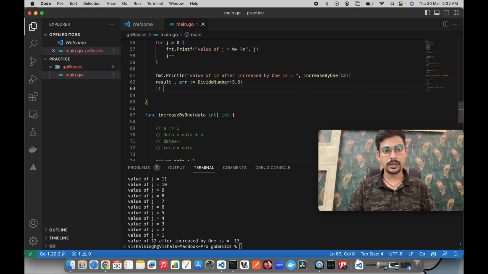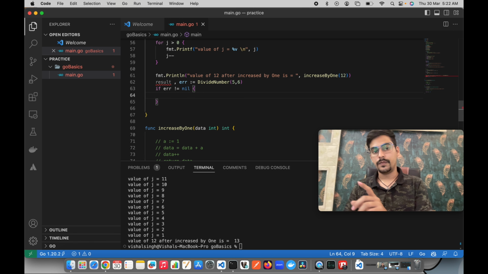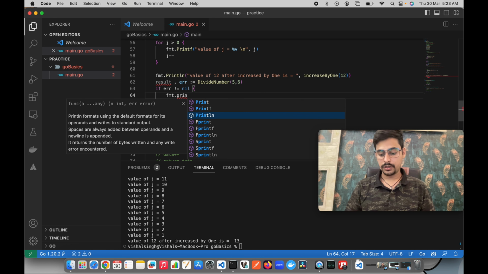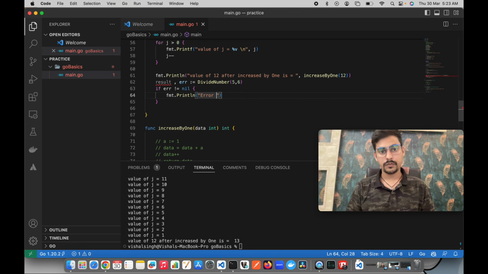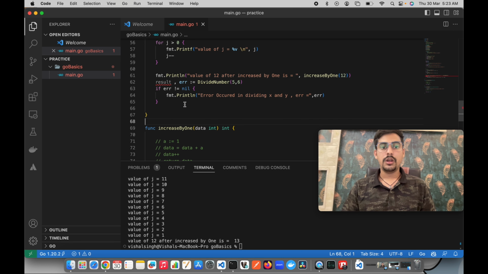Now what I can do is, if err not equals to nil, basically I am saying that there is an error. So fmt dot Println, error occurred in dividing x and y. What I can do is comma err, so I can print the error also. Else,